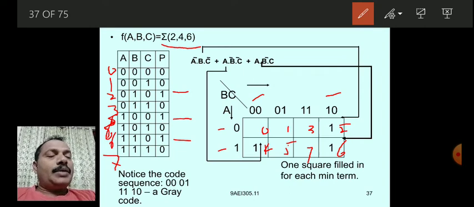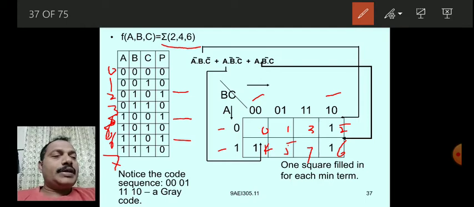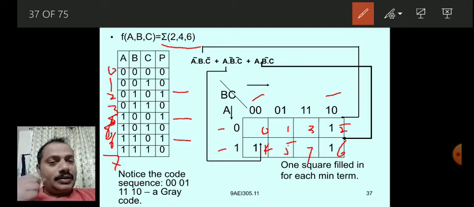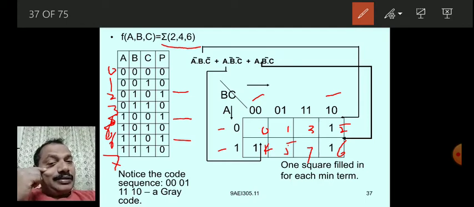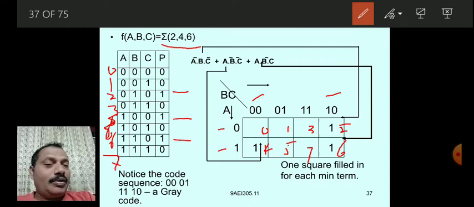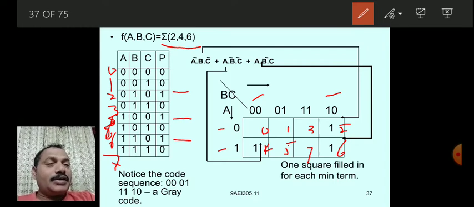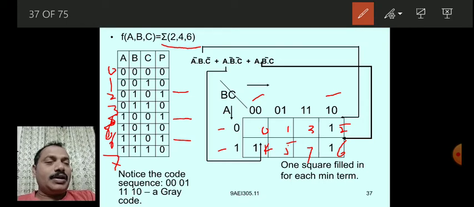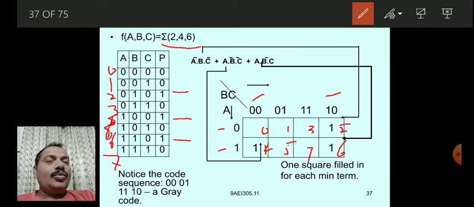You have to group them by following logical adjacency, and try to make a big size group, that means octet or quad. Octet is not possible because there are no 8 ones. Quad is also not possible because there are no 4 ones. Only a pair is possible.